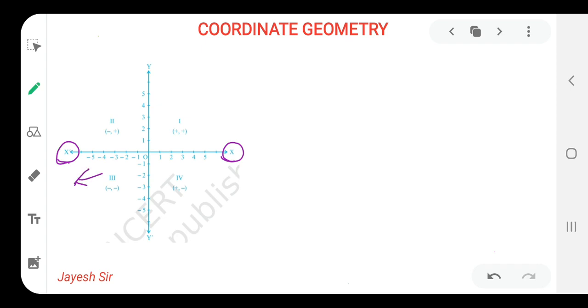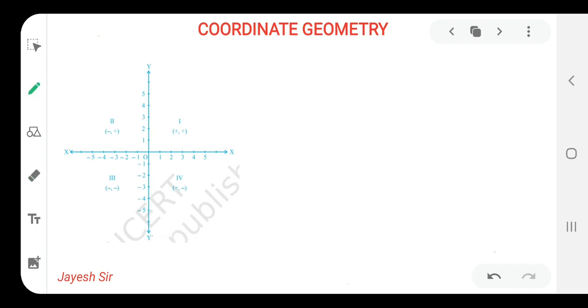Yes, from this basic we can get that from point origin towards the right side it is positive side, and towards the left side it is negative side, that is x dash. Similarly over here for the y-axis, the same thing is to be followed from the origin O towards the positive side, that means upside it is y, and from origin O towards negative side it is y dash. I hope you all might be getting it. Same thing is to be done, and the point where both the axes meet is called origin.